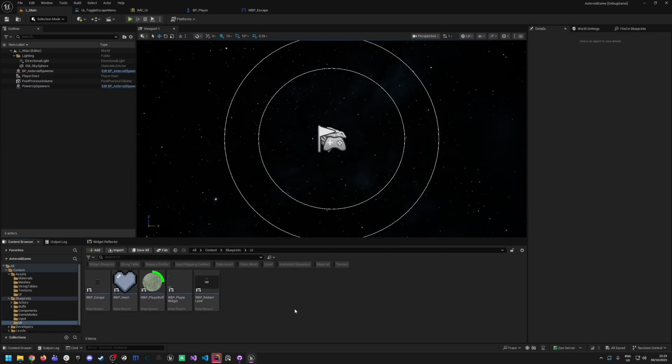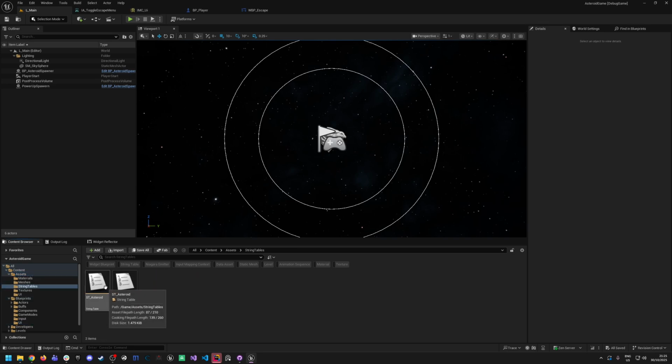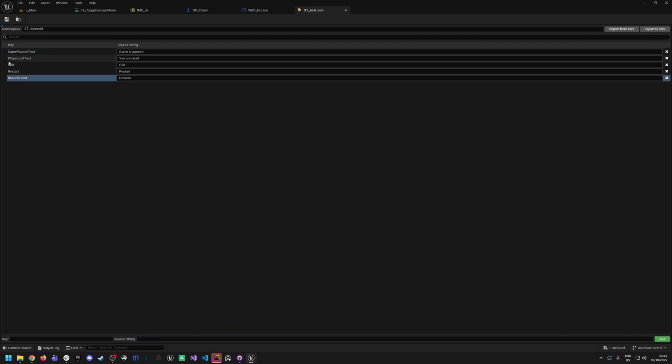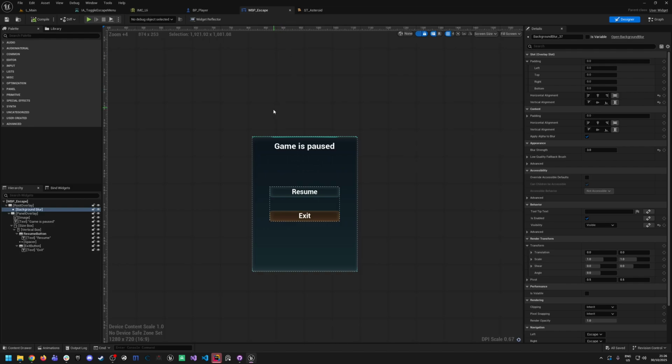Let's do it. For this, navigate to Assets, String Tables, and open our ST asteroid. First one is gonna be game pause text. And next one is gonna be resume text. And we actually already have quit text, so we don't need to add the third one. Press save, open escape widget,